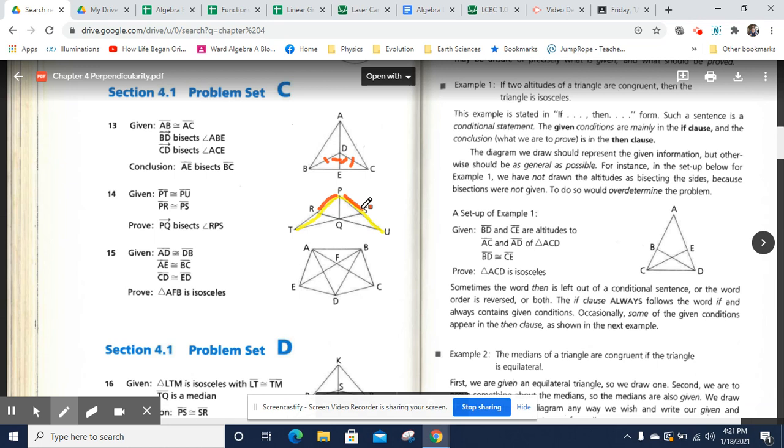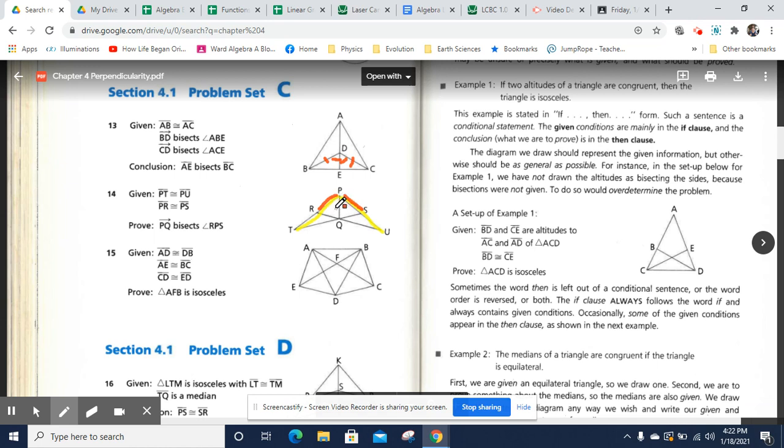All right. So we have some overlapping triangles. That's something we've got. Now, we don't have enough information to prove that angle PRQ and SRQ are congruent with this information. So it would be helpful if we could prove that TQP and UQP are congruent, or that RQP and SQP are congruent. If we could prove either of those, then we'd have what we need, because then by CPCTC,